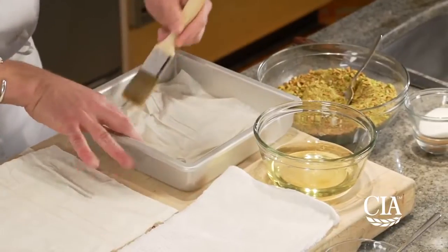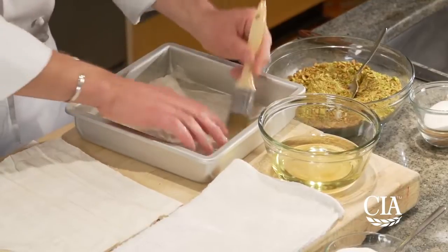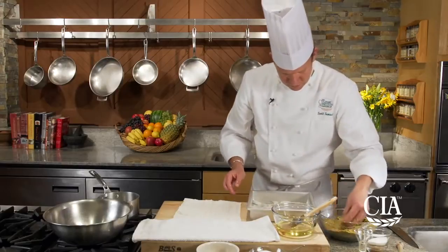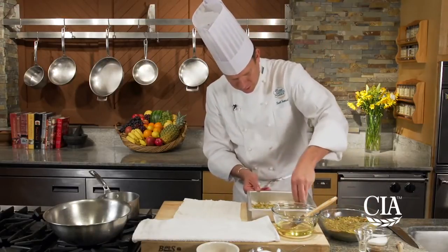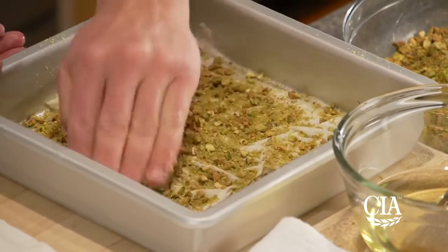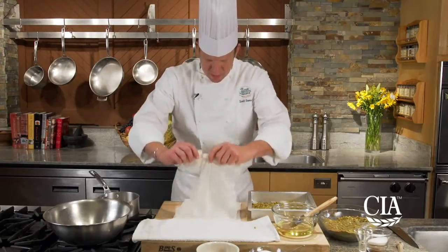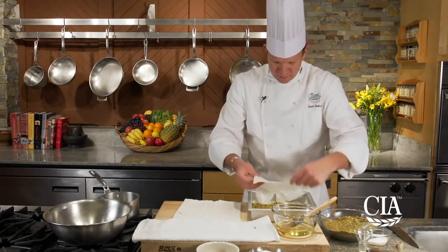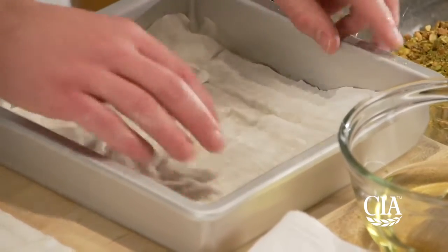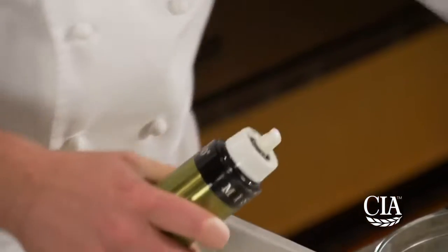Take my canola oil. Then take a little bit of my pistachio sugar cinnamon mixture. And then another 2 sheets of phyllo. And we're going to repeat this process until we're all out of the pistachio mixture. So 2 sheets of phyllo. And you can either choose to brush the canola oil on, or if you have one of these misters, you can go ahead